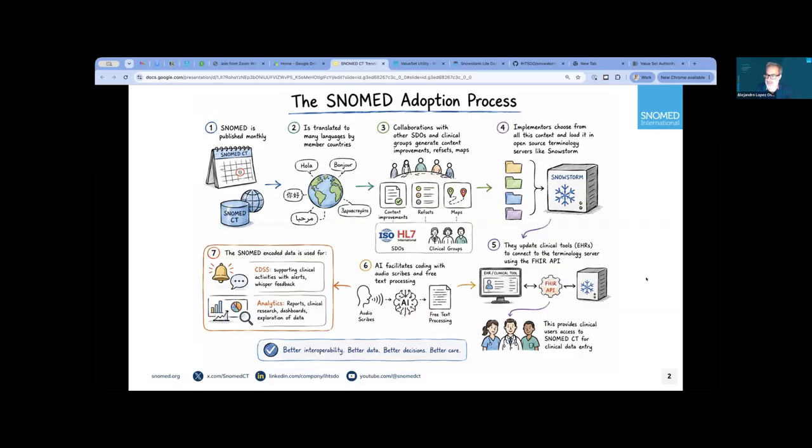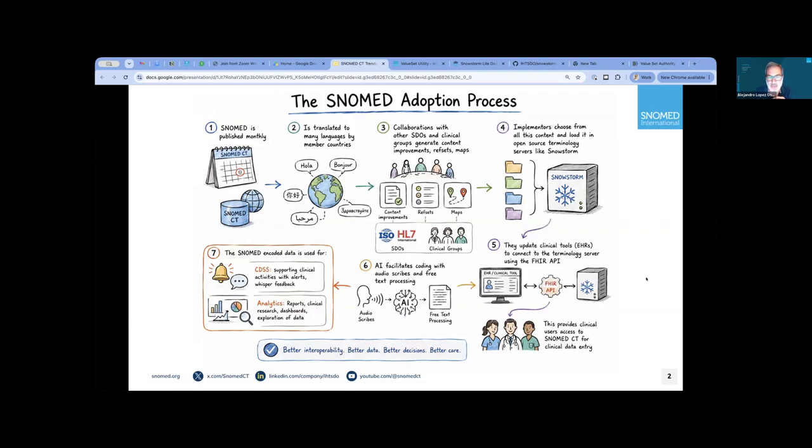And the analytics part is the part in which you process tons of information, you create reports, you do actual clinical research with real-world data, you measure the impact of clinical policies or public policies in healthcare. You have dashboards that will report everyday trends, and you can change processes based on the trends that you see, or you can just explore data in an intelligent or meaningful way. So this is what SNOMED provides, from the publication to the best benefits you can get with SNOMED CT, right?